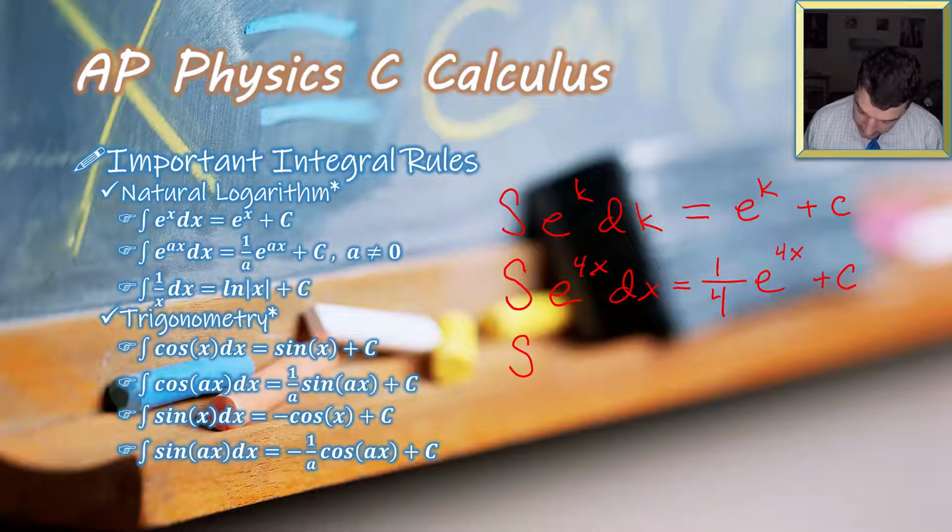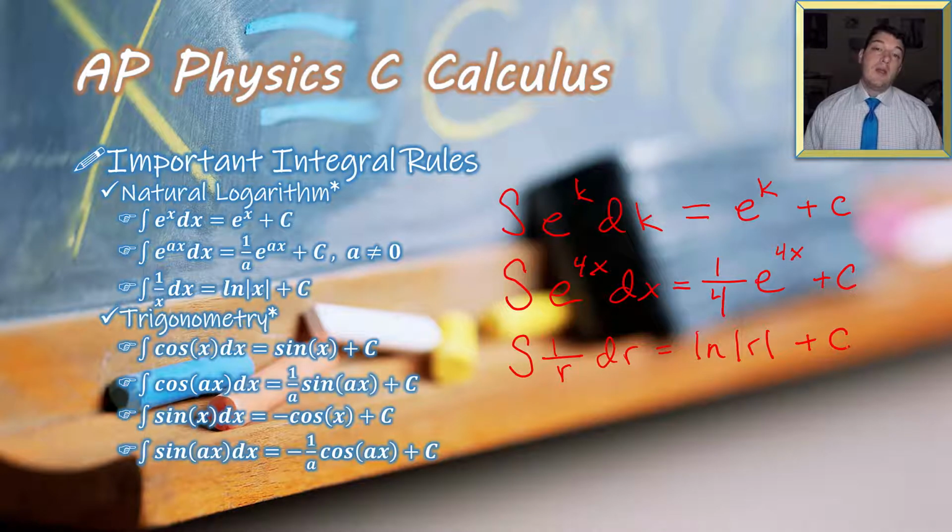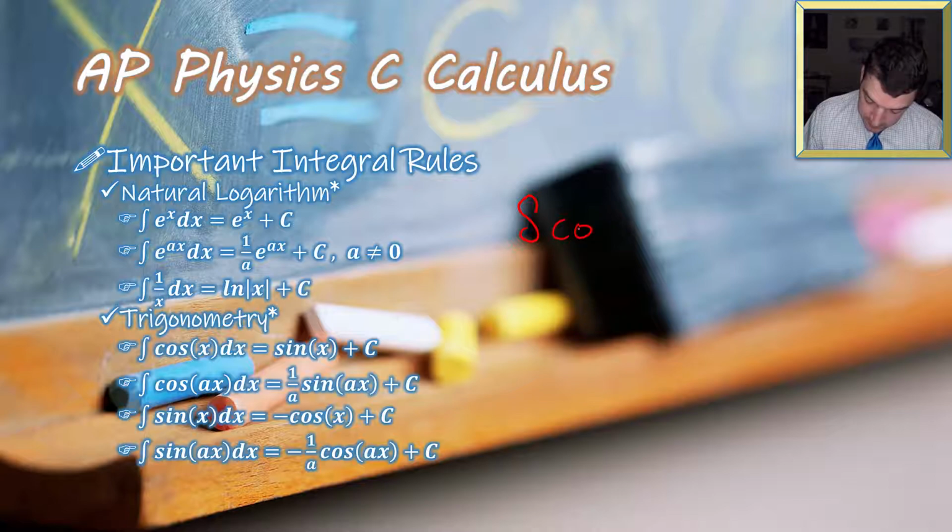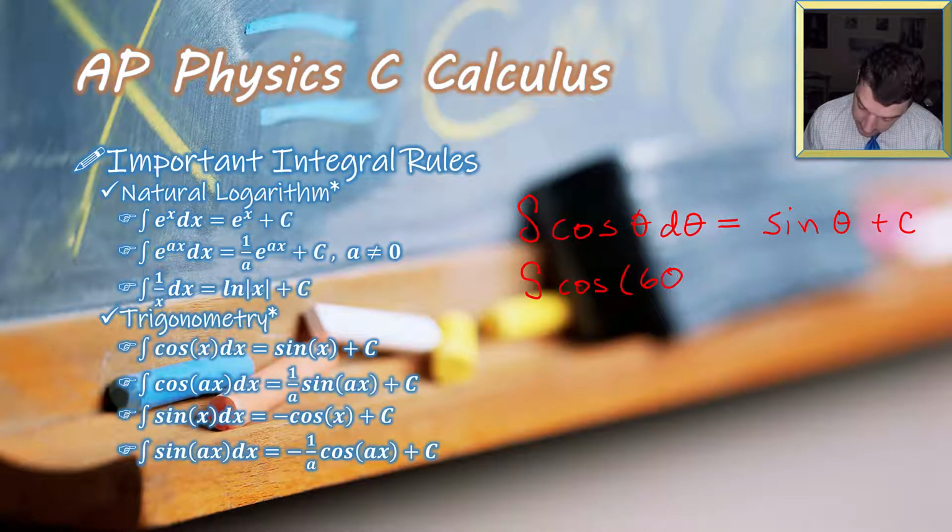We're going to integrate 1 over r in terms of r. The antiderivative of 1 over r is the natural log of the absolute value of r. And again, because it's an indefinite integral, we have to remember to include that unknown constant. If I'm integrating the cosine of theta in terms of theta, it is going to be the sine of theta plus that constant. If I'm integrating cosine of 6 theta in terms of theta, that's going to be 1/6 of the sine of 6 theta